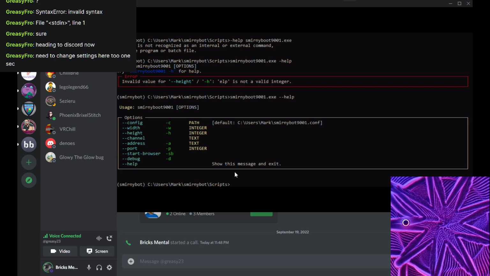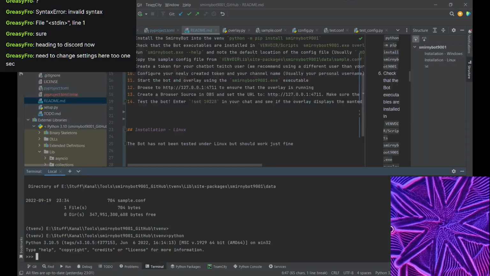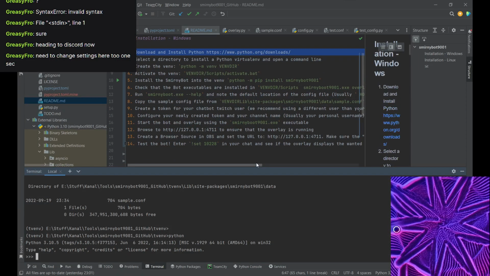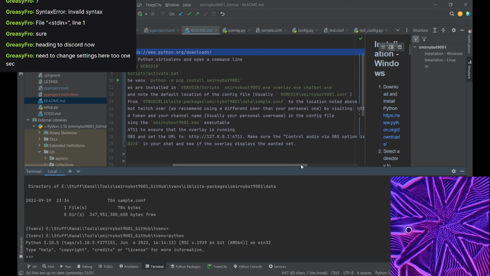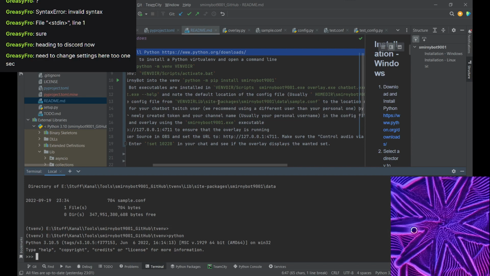Okay, so the default config file is in C:\Users\Mark\smernibot9001.conf, and this is where we create the config file. There's a sample config file in this virtual env, in the path that I've written here. So can you still see my stream? If you go to this directory inside your virtual environment, you will find the sample.conf file.